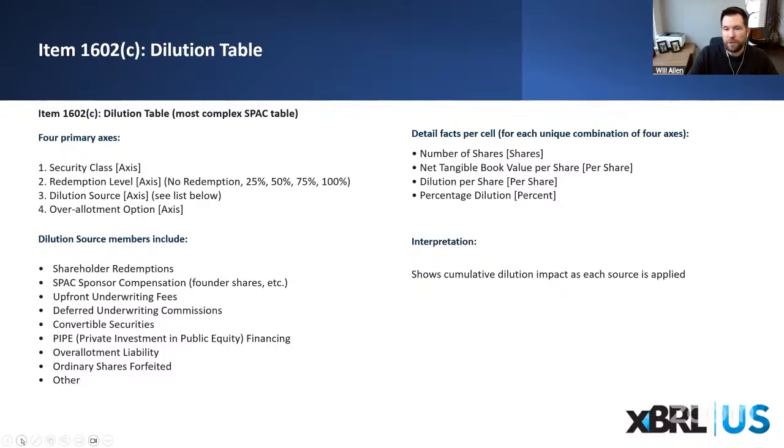And you can see how the per share net tangible book value decreases as each source is factored in. When you're tagging, you're essentially creating a fact for every combination of the security class, redemption level, dilution source, and over-allotment option, and its associated metrics. This is why the dilution table requires some pretty careful dimensioning, and any mismatch in the context will actually cause some validation failures. So if we go to the next slide, you can see,